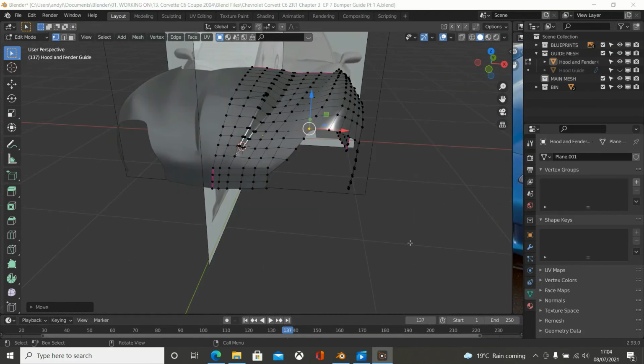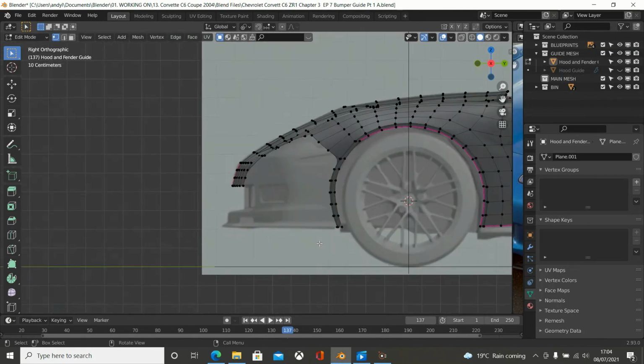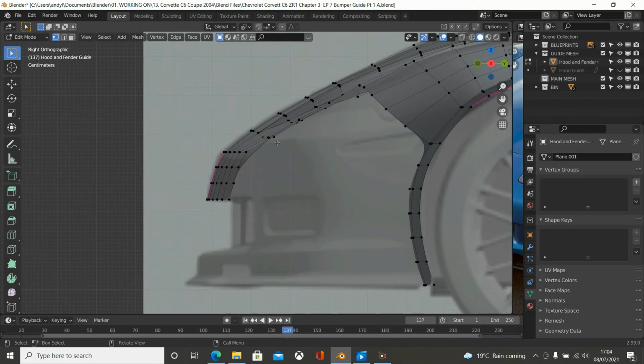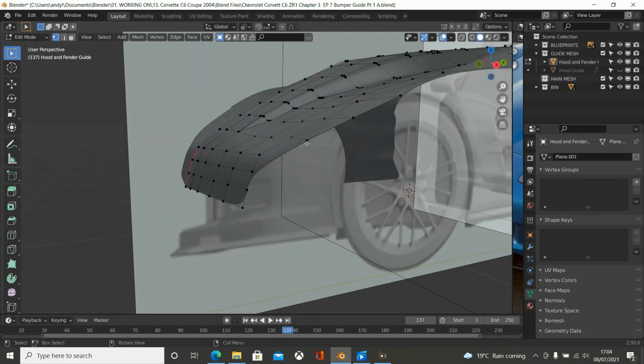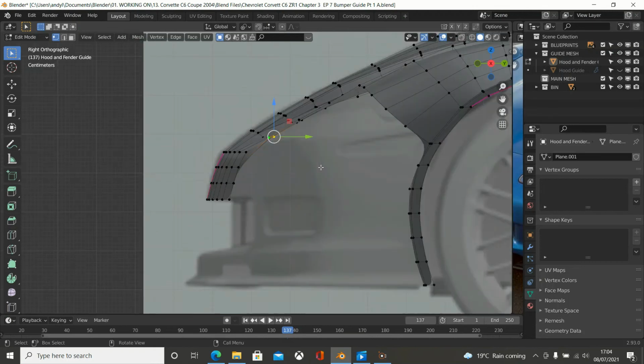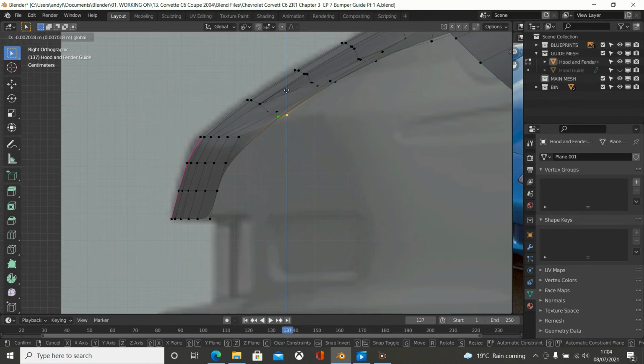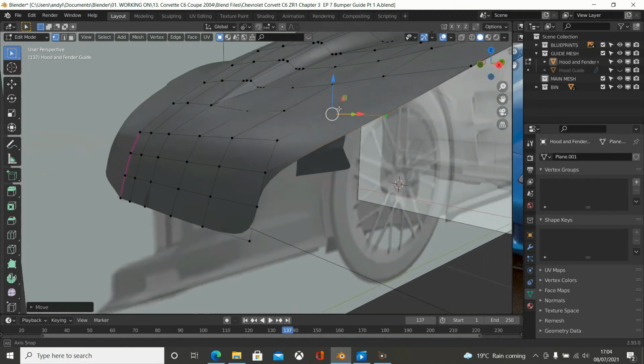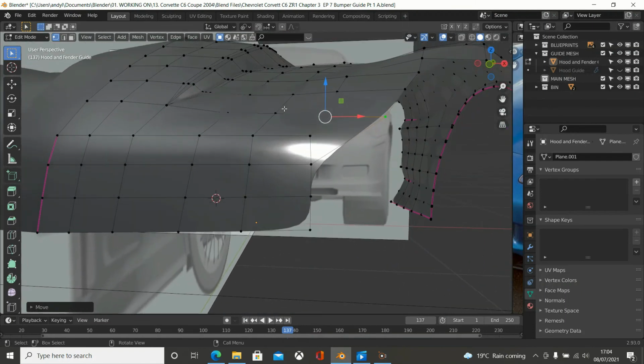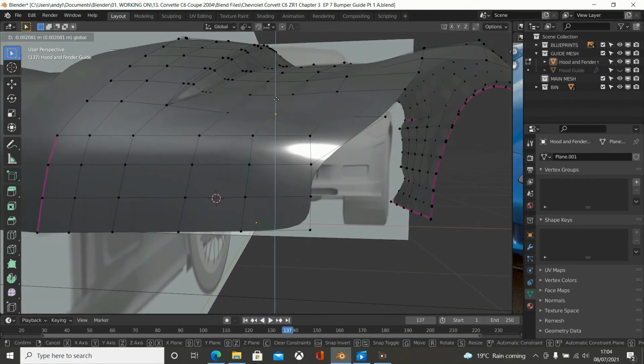So let's go to side view. So press 3 on the numpad. Let's get into side view, and we want this line here. So we want these 2. Let's have a look where we are with these. Slightly high, because we want to be on this line here. So bring them down just slightly. Let's have a look how it affects everything else. So this one, bring that down again